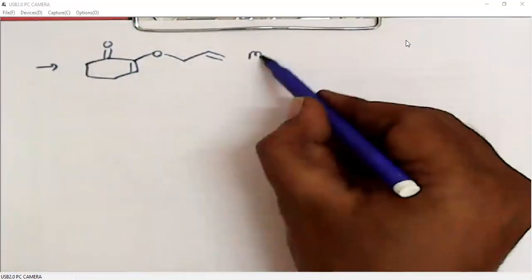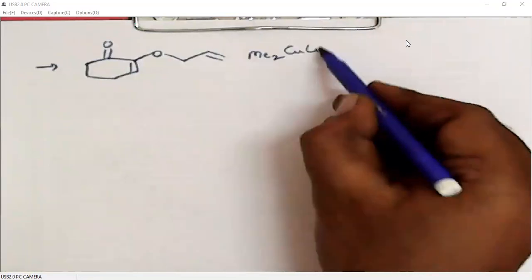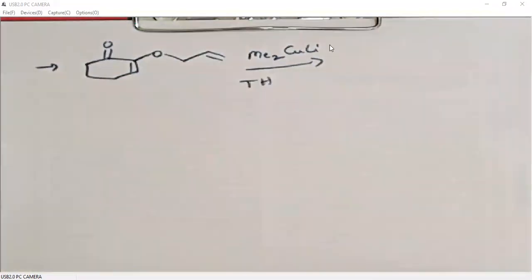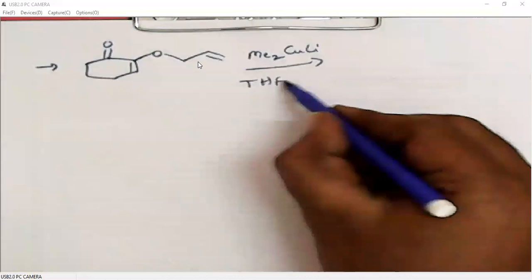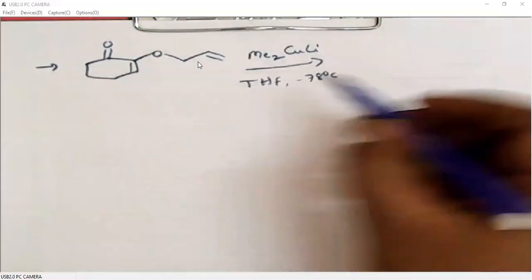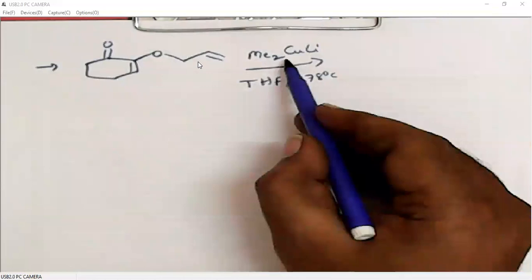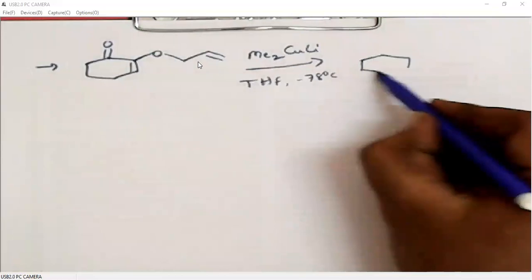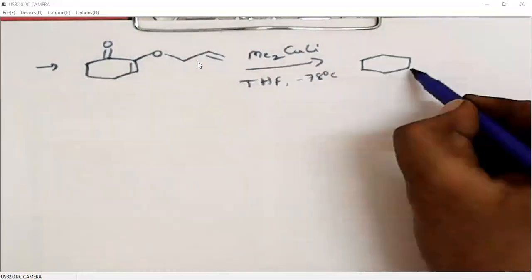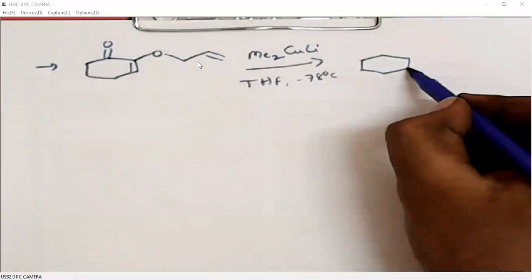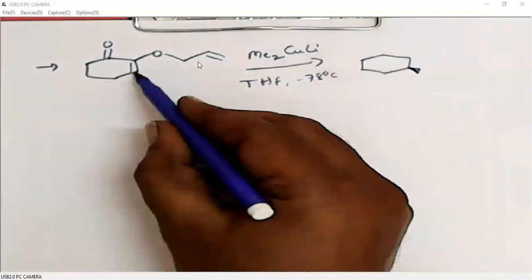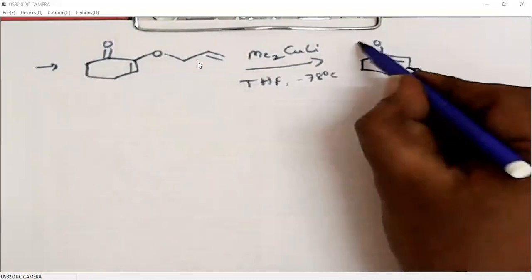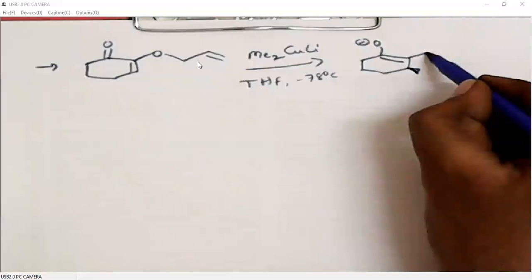When it is treated with Gilman reagent, Gilman reagent is a soft nucleophile, so it undergoes 1,4 addition. The probable product is from 1,4 addition. Say for example, if this methyl is approaching this substrate from above the plane, we will have O minus, and we also have this.